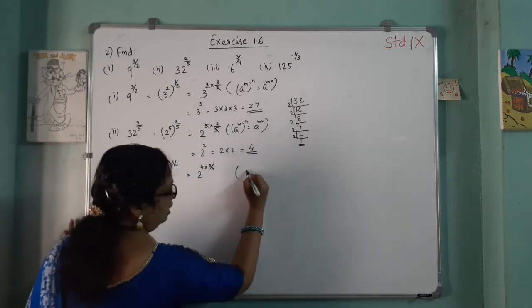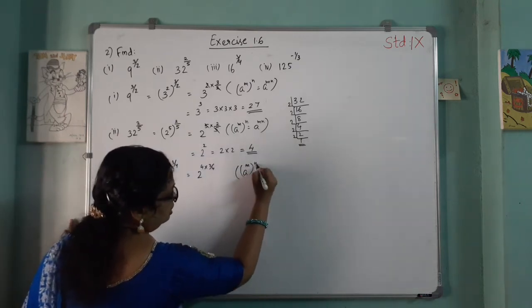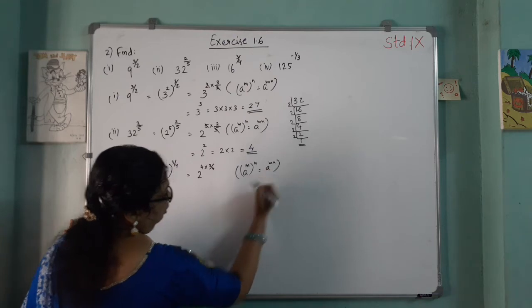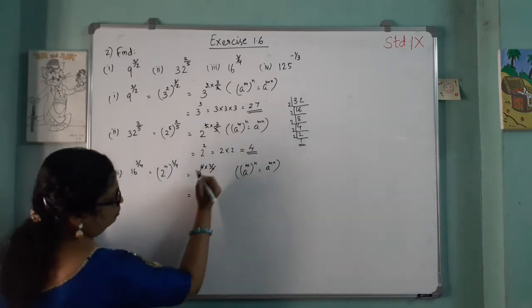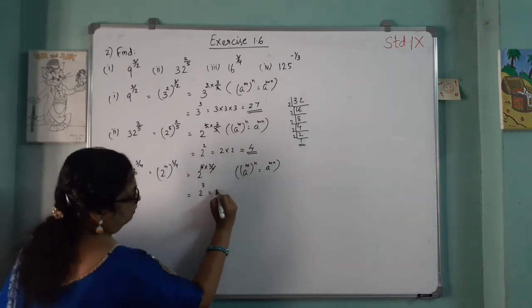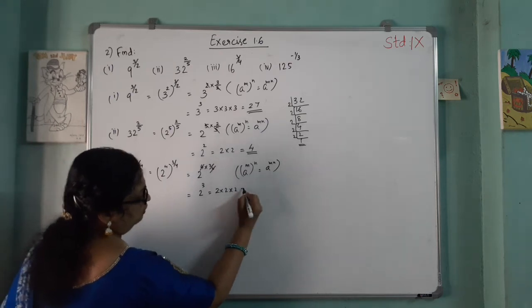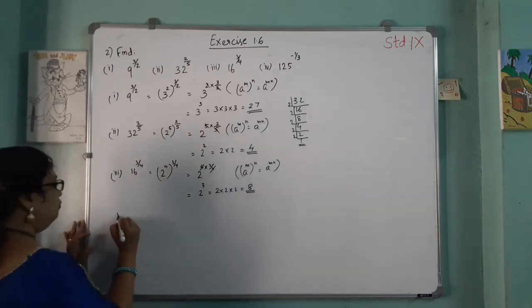That is, here also a raised to m, the whole raised to n, is a raised to m into n. That equals this 4 cancel, 2 cube, which is equal to 2 into 2 into 2, which is equal to 8. Then fourth question,